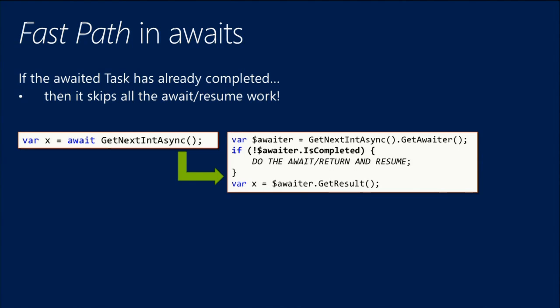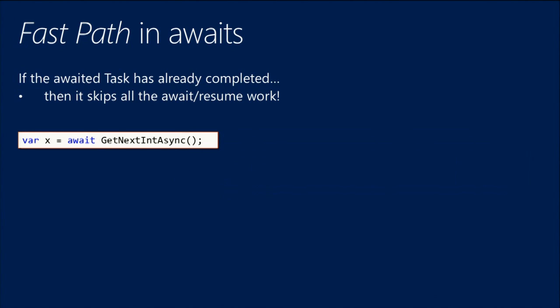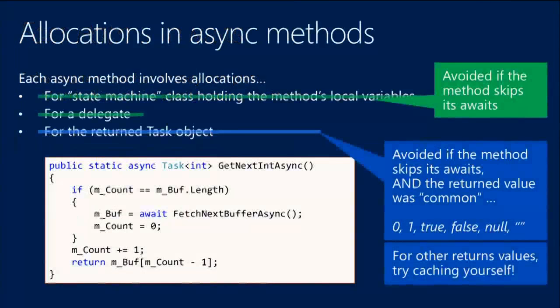It's not most of the time, though. It doesn't make sense to allocate a singleton for every possible task of integer. That'd be quite a lot of them. Or task of string, there'd be even more of them. So for other return values, you'll probably want to cache them yourself. And we'll talk about that. But before we do,